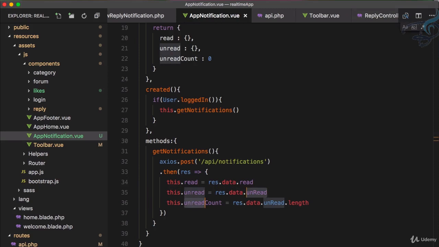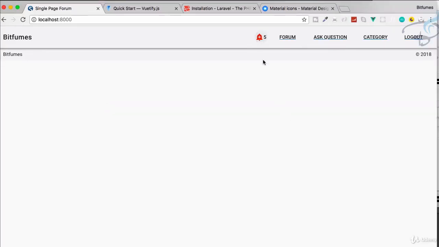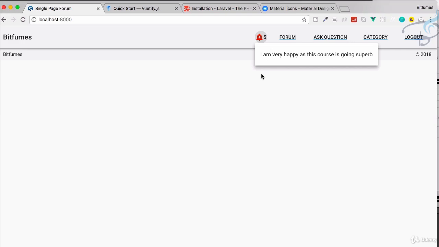We have to use small r and small r. So this is done, and let's open Chrome. Let's now refresh this page and click, and yes, we have the notification which we are getting from our database. So in the next episode, let's see how we can move forward with the notification,